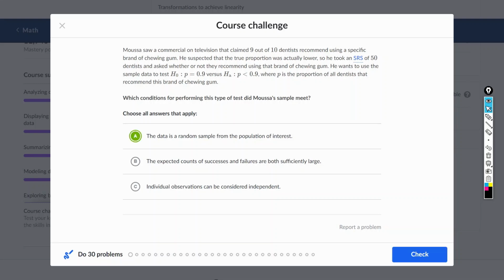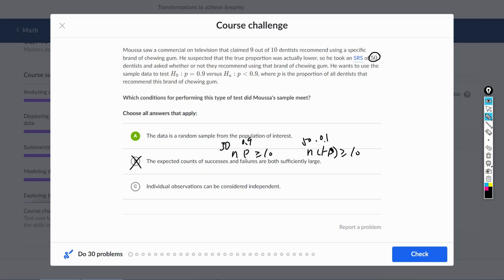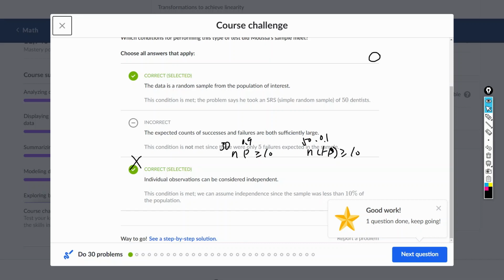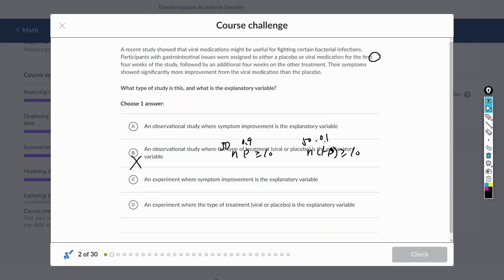Which condition of performing this test did M's sample meet? The data is a random sample. 是的，因为它 take 了 simple random sample. The expected count of success and failure are both sufficiently large. 这里说的是你的 sample n 乘上 probability p 必须大于等于10，n 乘上 1 减 p 也必须大于等于10，这是做 proportion 要满足的条件。50 乘以 0.9 没问题，但 50 乘以 0.1 没有大于等于10，所以不满足。Individual observations can be considered independent，应该没问题，因为你只 take 了50个 sample，而整个 population 是所有的 dentist，远远超过50。independent 的条件是 sample 不能超过 10% of the population。